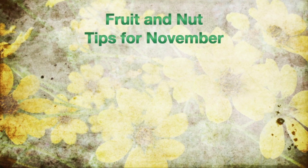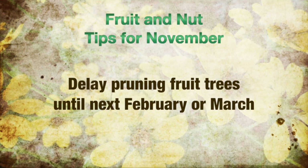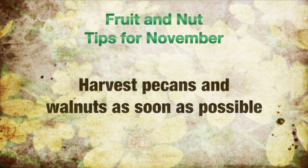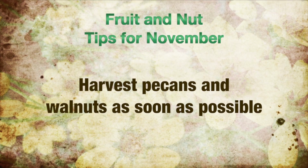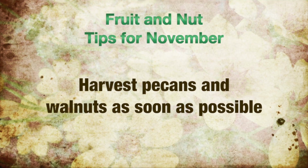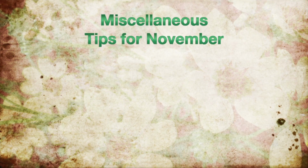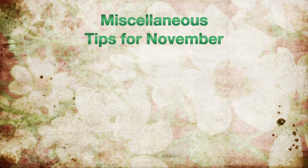In the fruit and nut orchard, delay pruning fruit trees until next February or March, just before bud break. You should harvest pecans and walnuts immediately after falling to eliminate deterioration of the kernels. And finally, some miscellaneous tips in the garden for fall, and particularly in November, that you may want